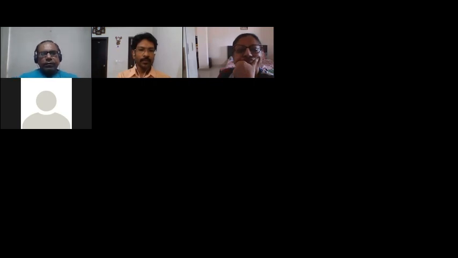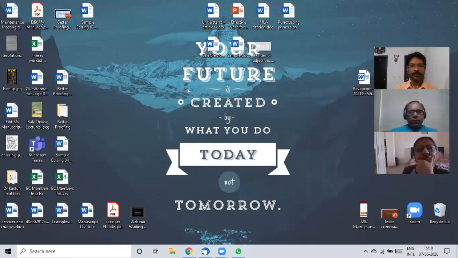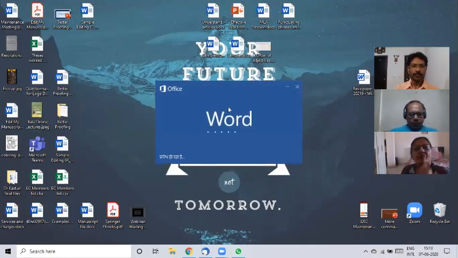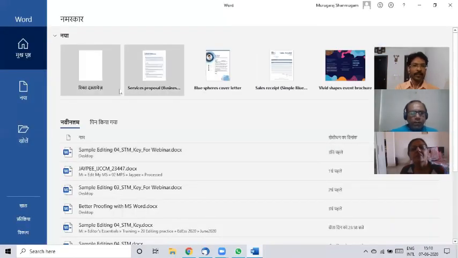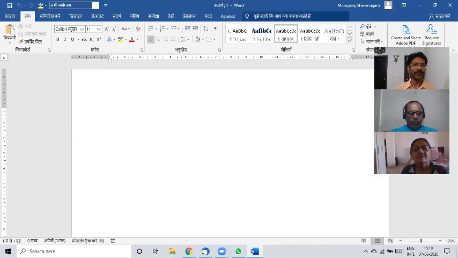I'm going to share my screen to see how it works. I simply open a Word document again. You can already see that on the bottom left, it started appearing in Hindi. And you see that the new blank document has some Hindi words in it. My primary school Hindi is long ago, so it will be very difficult for me to read them. But you can see that all the menu items have now turned to Hindi.